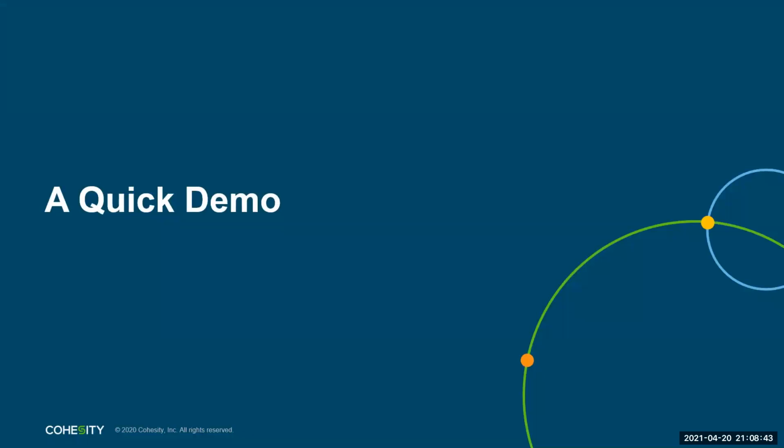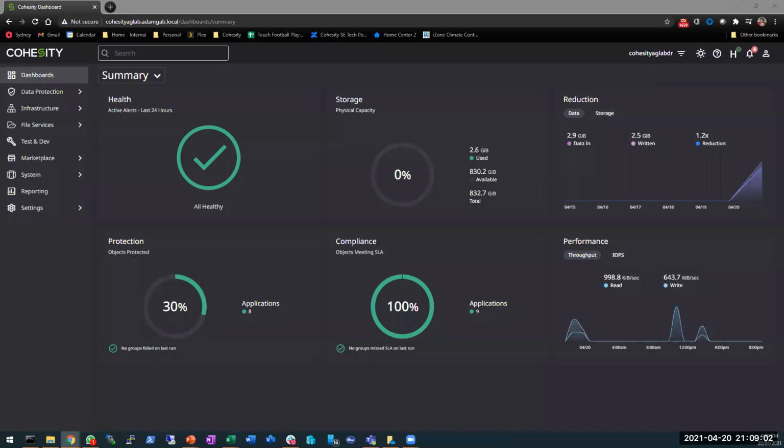So let's jump into a quick demo to show how Cohesity protects M365. So what you'll see here is the Cohesity dashboard. This dashboard provides a nice simple overview for the health and the status of the Cohesity Helios platform, giving us an indication of storage consumption, compliance, are we meeting SLAs, is everything protected, as well as data reduction and performance